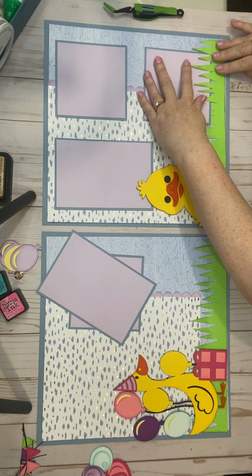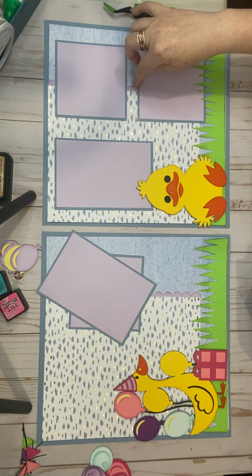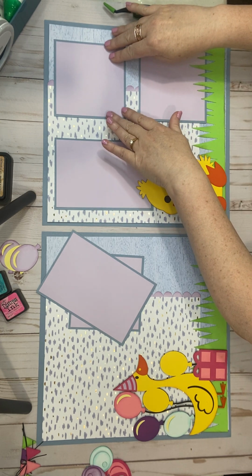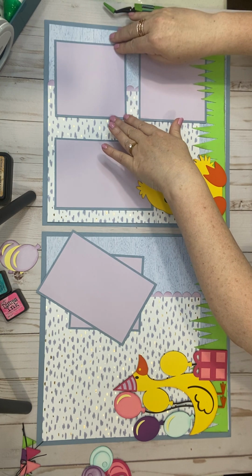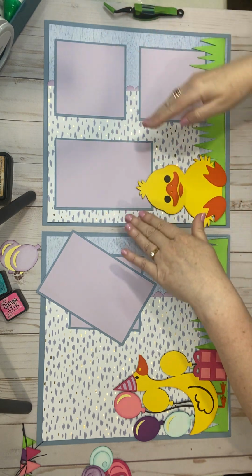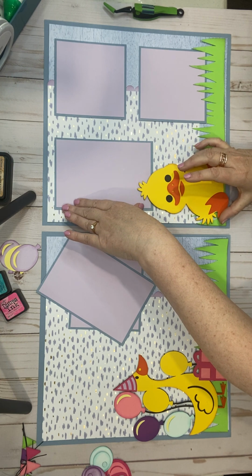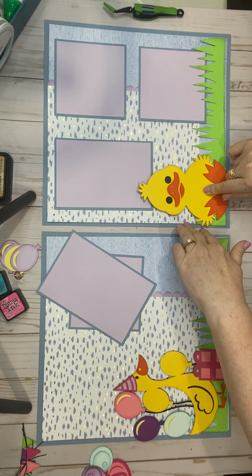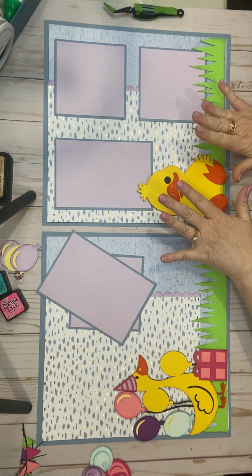Actually, I think I'm going to move it down a little bit. Yeah, I think I will, because then we'll be able to see a little bit more of the scallop. Not too much, maybe a bump or two. And then line that up there. Again, maybe just a little bit like that. I don't want to see the whole scallop. And then line those up. And then this one just lines up across. I've lined up the duck so that the feathers on the left don't go over the edge of the blue, but they do overlap the blue. So now that we've got all of that laid in place,